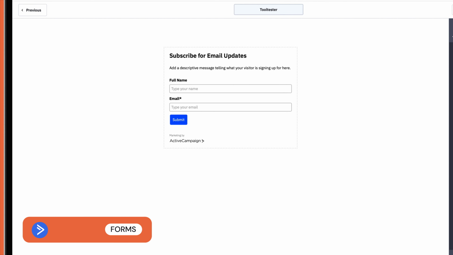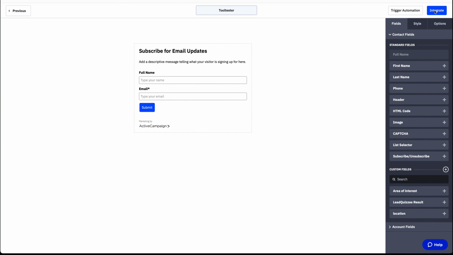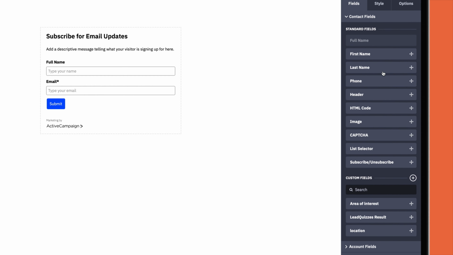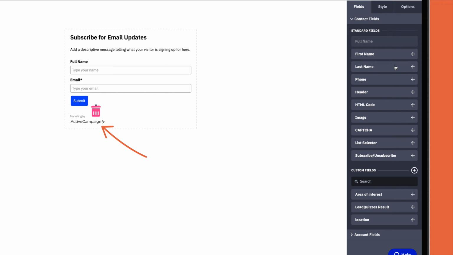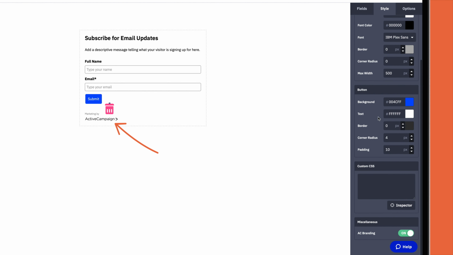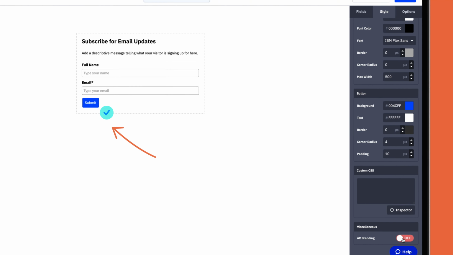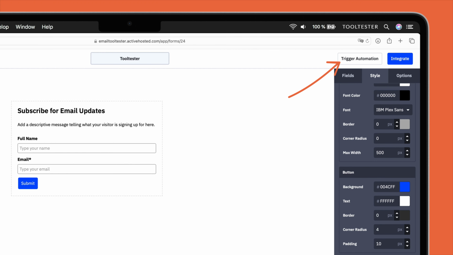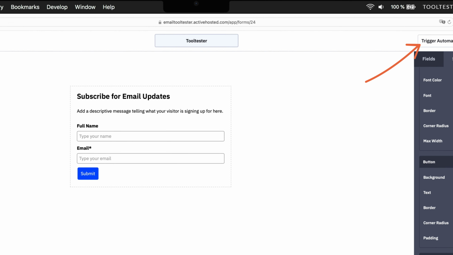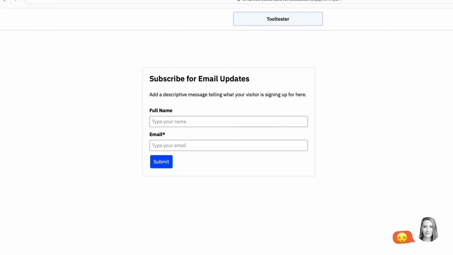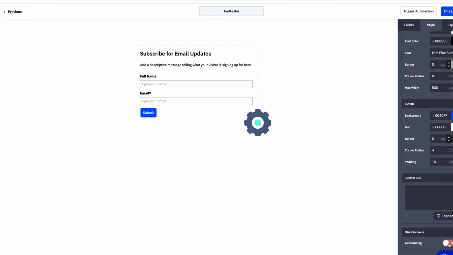Setting up web forms with ActiveCampaign is pretty straightforward. At the fields you need here, you'll find there are plenty of options, and you can add custom fields by hitting the plus sign. You probably don't want to include the ActiveCampaign branding. Luckily, you can get rid of that by hitting this toggle. You can also set up an automation workflow here. The only downside to ActiveCampaign's form builder is that you don't have any form templates, so you'll need to edit the styling options yourself in order to adapt it to your branding.